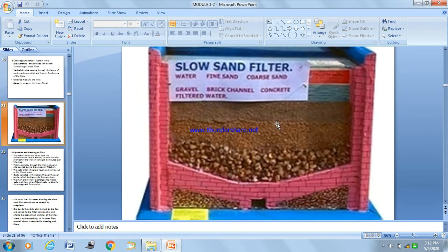See, you can see here clearly the slow sand filter. Here the finer sand and coarser sand will be there. Then the gravel is placed in different layers. It is not shown clearly here. Then the lateral drain will be connected to this. The lateral drain will support. See, it is a porous pipe connected to a central drain. So this is how it looks. It is kept on a slope here, and the central drain is kept above the slope.